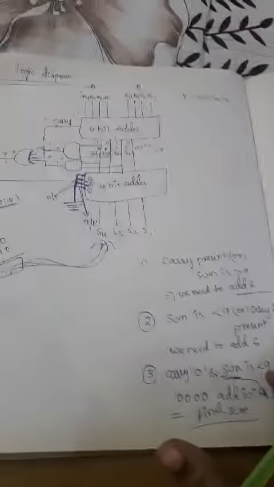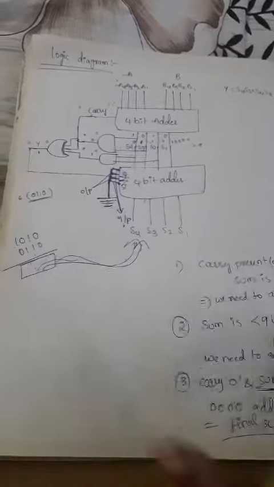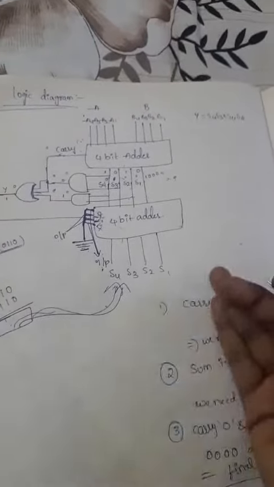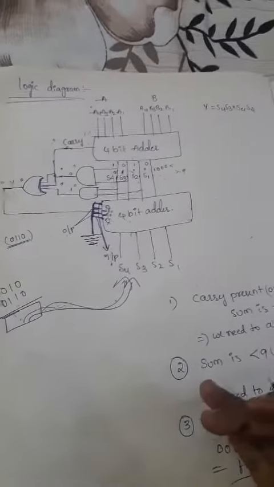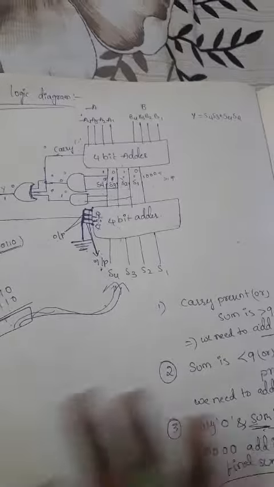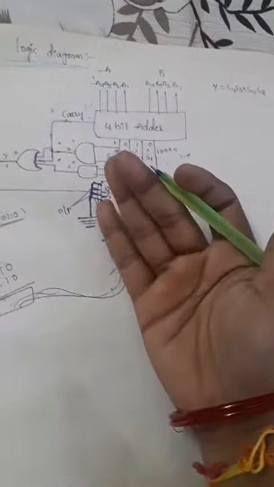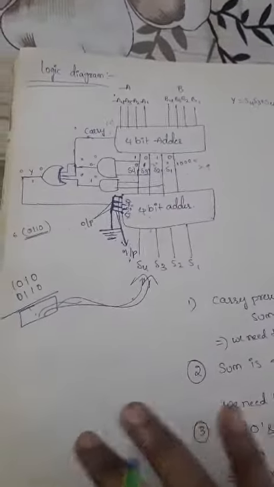Okay, so this is the decimal adder. It's a very important procedure, so you can understand easily. If you have any doubt, just ask me. Okay? It's a very easy process, don't get confused in that. Based on that circuit diagram you will understand all the theoretical part. Based on that circuit diagram you can understand the problem statement. Okay, thank you.